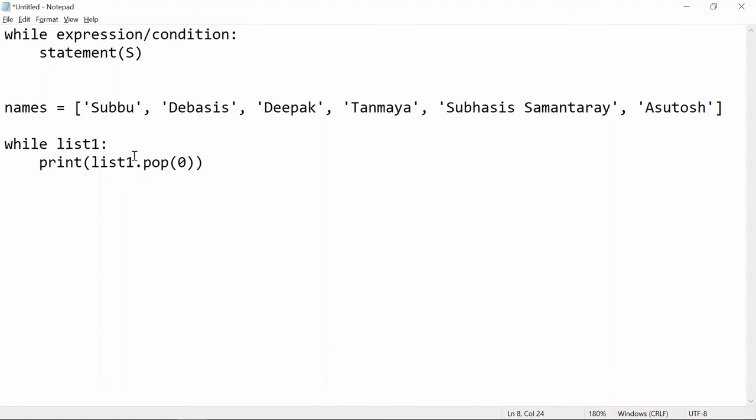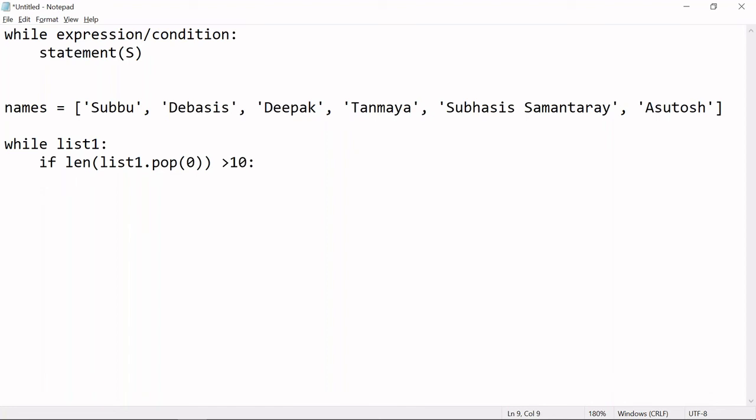Let's say here I'm just going to tell it: if the length of the item, if the length of list one pop 0 is less than 10, or I can say greater than 10,